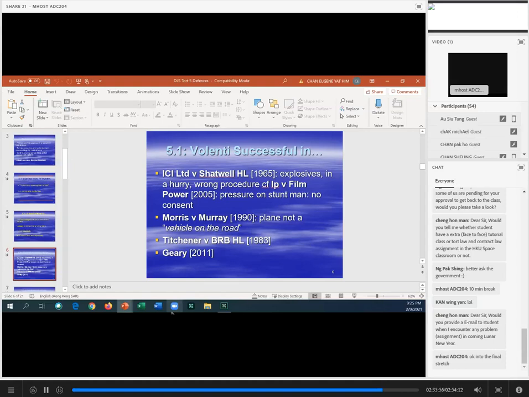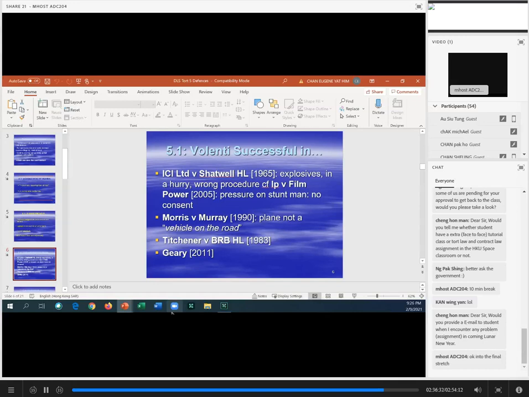providing that you won't sue me if there's any accident. Well, if you agree, that passenger agreement will be of no effect because there's legislation in Hong Kong which says so. There's also legislation in England which says so as well. So if you're a passenger in a vehicle on the road, volenti will not work. So this is why in Morris and Murray, the defence of volenti did succeed, because it was not a vehicle on the road, it was an aeroplane. Okay, so an important point to note about Morris and Murray and aeroplanes.